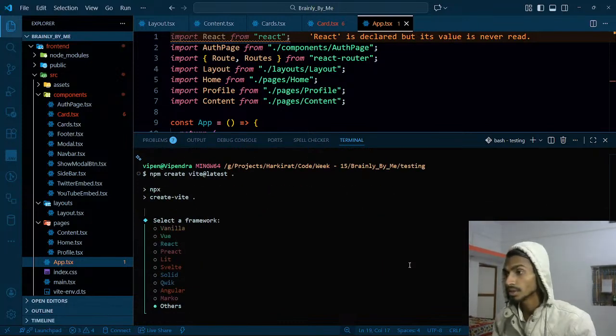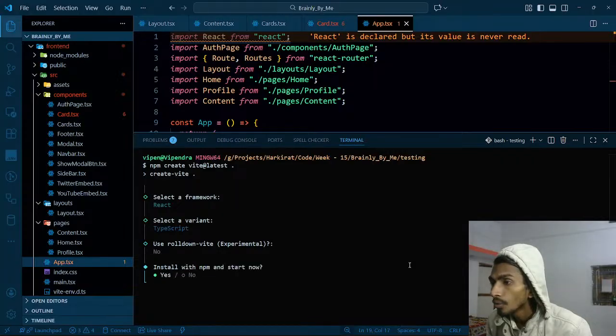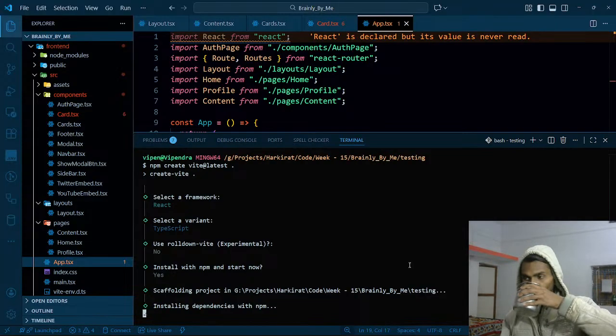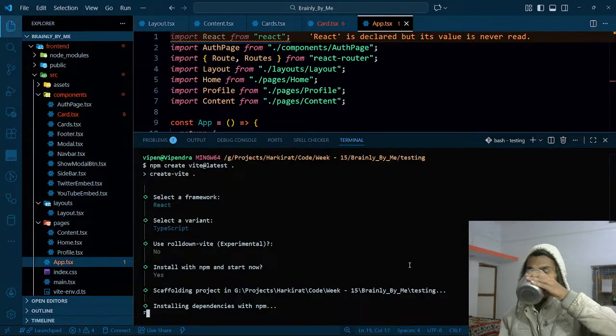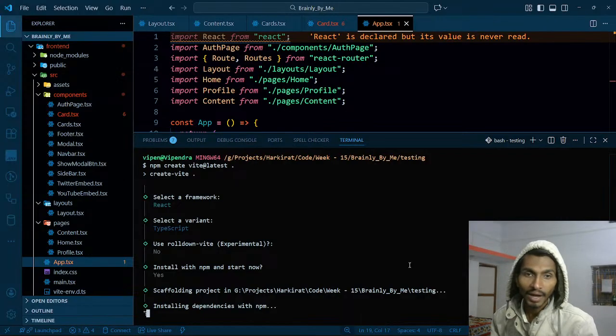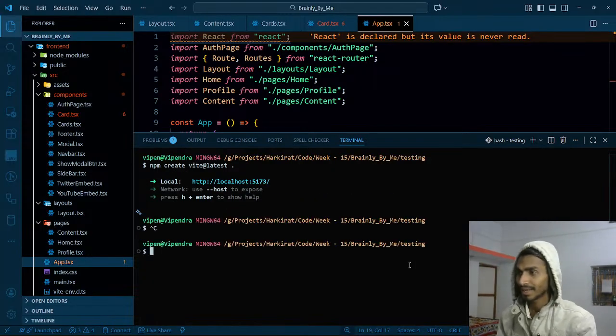Okay, what next? I will be using React, TypeScript. No, install with npm. Yes. Okay, it's installing. The thing is that this will not be enough. I have to install Daisy UI over here, and React does not have Tailwind by default. That means I will have to install Tailwind first, and then I will have to install Daisy UI and all. So this could be troublesome. So what can I do? Sorry for that, but